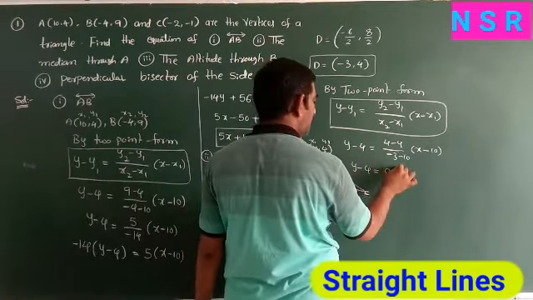So in this we have again the third and fourth. Next, the third one: the altitude through B. So what is altitude? In a triangle ABC, a perpendicular line drawn from a vertex to the opposite side. So the altitude through B means the perpendicular line from the vertex to the opposite side. So this is perpendicular to AC.